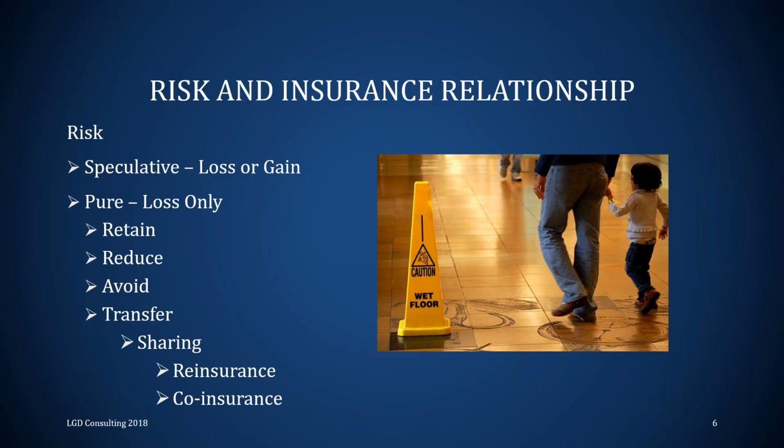And then we have co-insurance. At the time of the loss, some people want to undercut and save money by buying less insurance, so if they buy less than what the insurance company is requiring, based on their co-insurance requirement, they're going to have to pay more of the claim. So there are two ways of sharing: reinsurance when the policy goes into effect, and co-insurance at the time of the loss if you purchase less coverage than the insurance company requires you to carry.